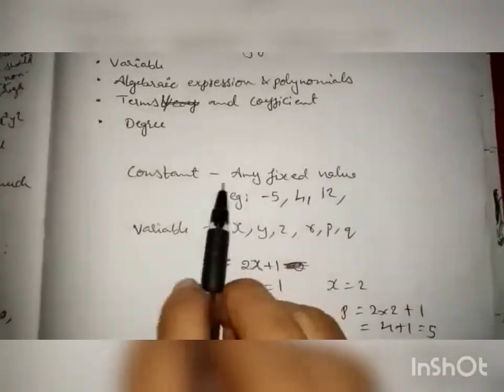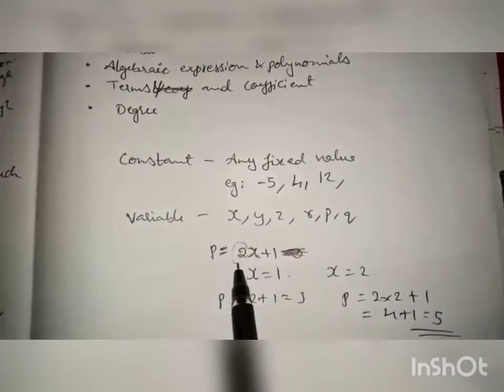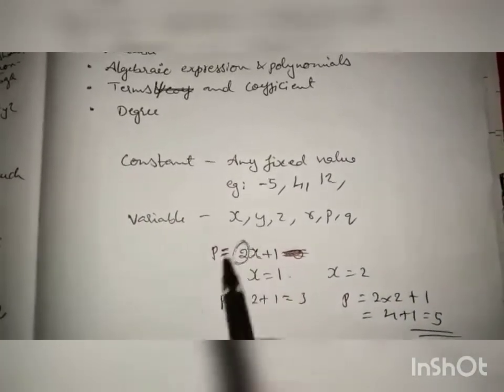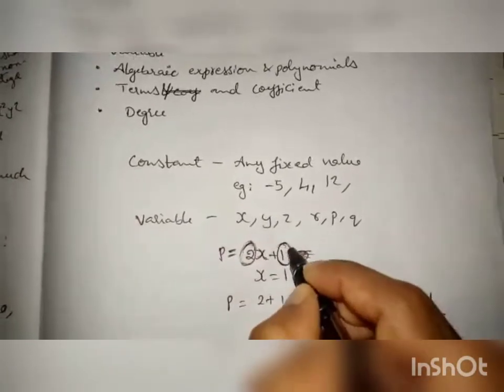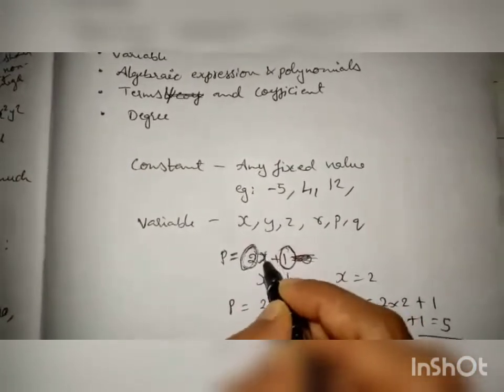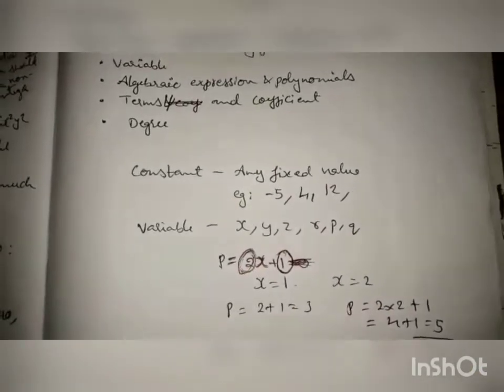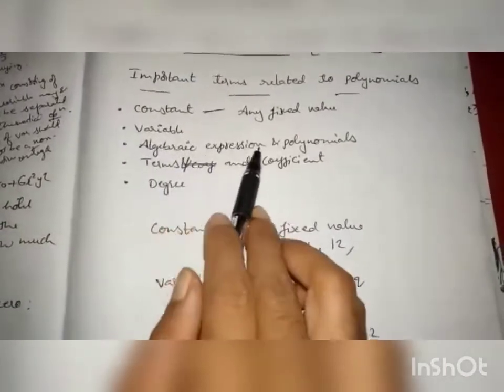Okay, so constant means this number doesn't change. This is constant, right? This is called constant. Understood? The numbers are called constant. These variables, letters, are called variables. Then what do you have to study?